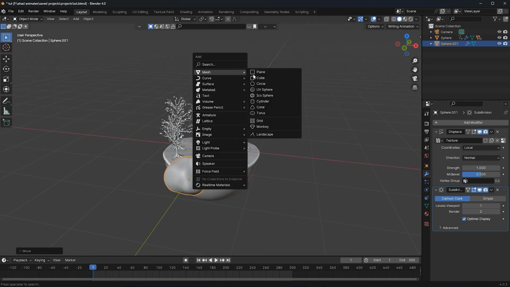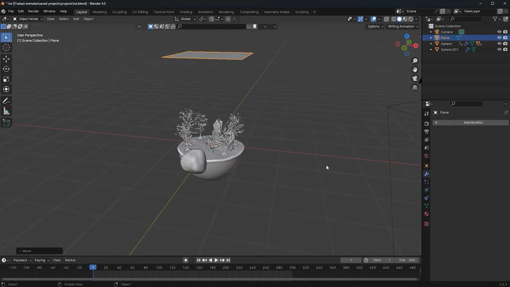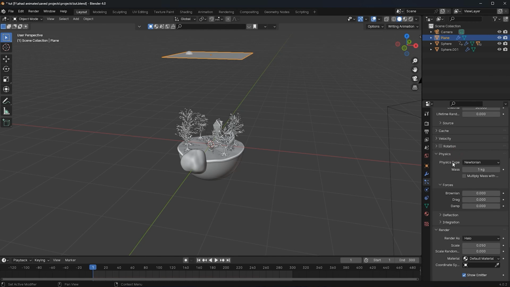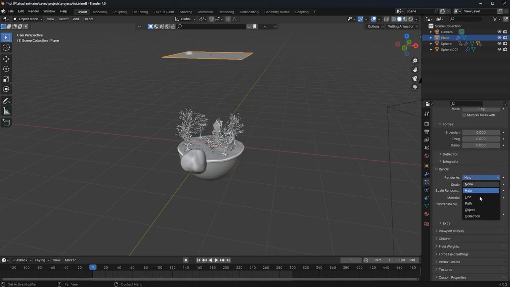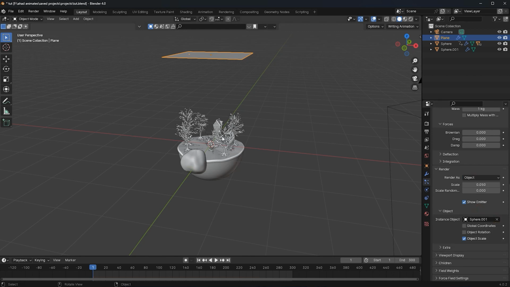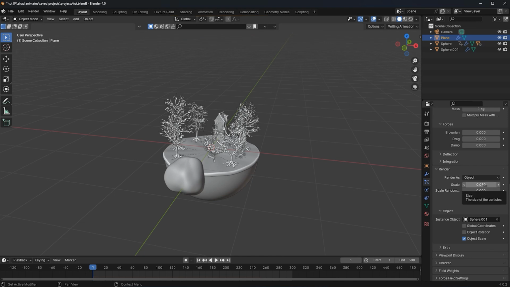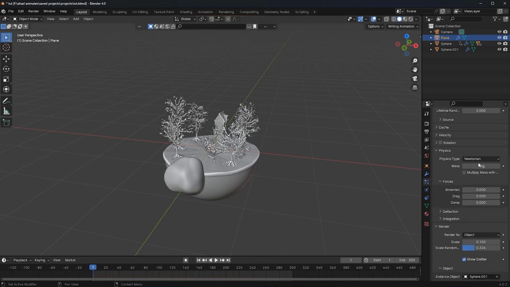Now I'm gonna add a plane. I'm gonna move this up. I'm gonna add a particle system. Emitter, then I'm gonna go to render, and then I'm gonna change the halo to object, and then that object would be our snow. Then I'm gonna change the scale to 0.1, change the random scale to 0.3 or something,